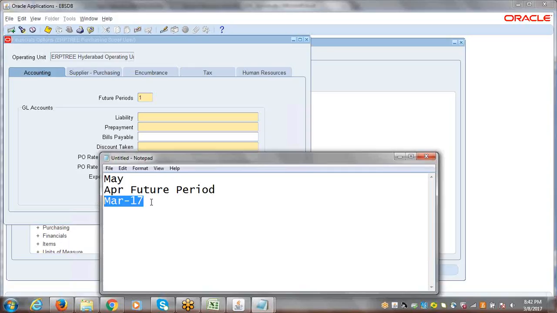But when you create the ledger, automatically the system will take future enterable periods as 1. So when you open the ledger, you may just go through it. Next time when you open the ledger, I'll show you that. But for the payables application, this future periods setting will be applicable for these financial options for different applications, primarily